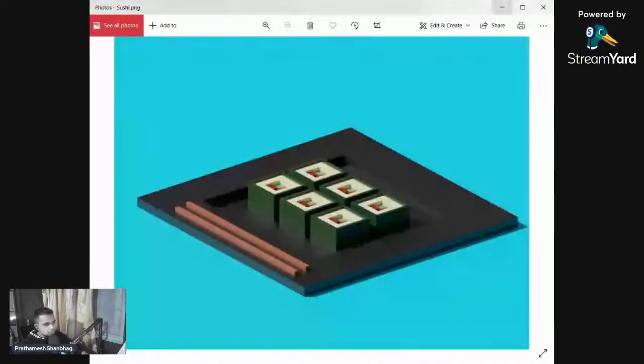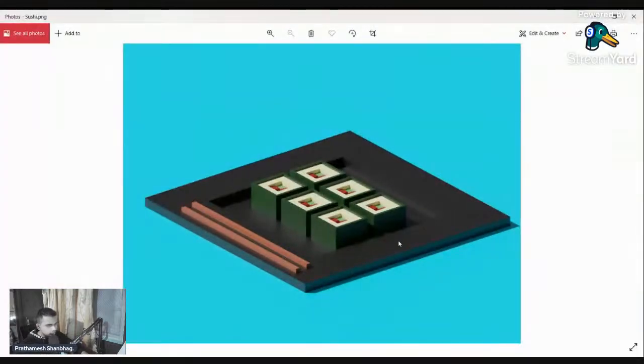Yeah, this is what, if Ian you can share it, if after you click on render, this is what the image is going to look like. And because you use Cycles as the render engine, you can clearly see the shadow, the chopsticks, everything looks absolutely amazing. And this is not the end. You can create animations so much. There is so much that you can do in Blender. I would like to share some examples with you.